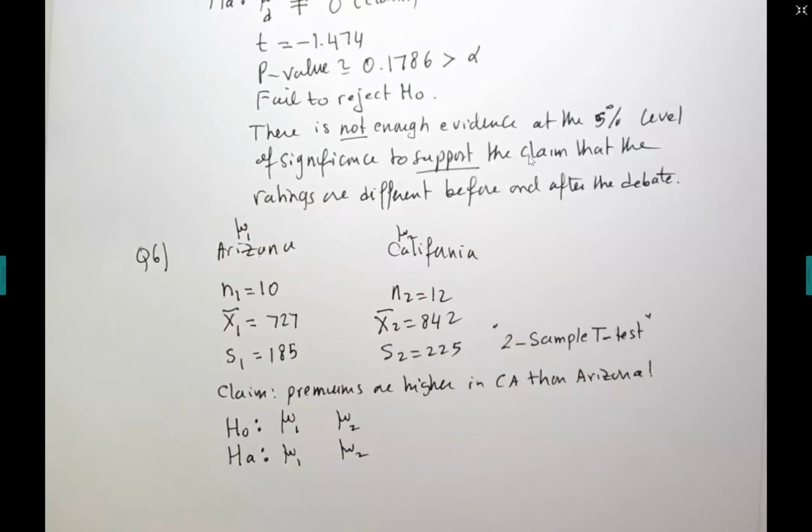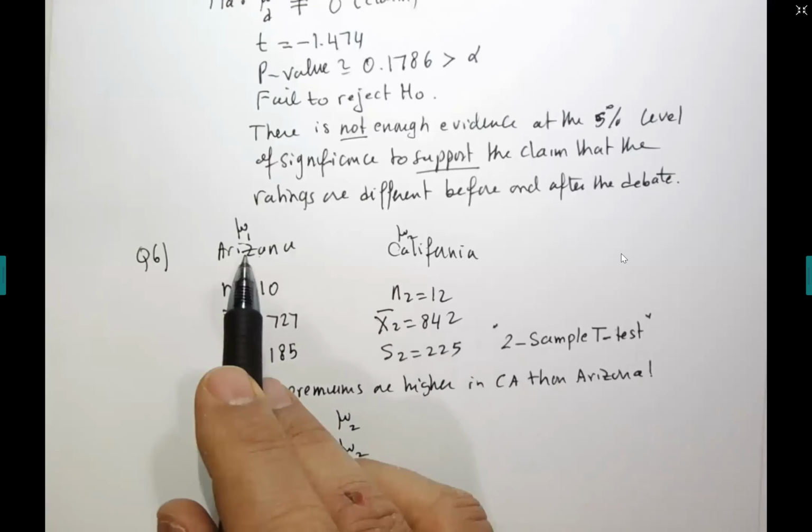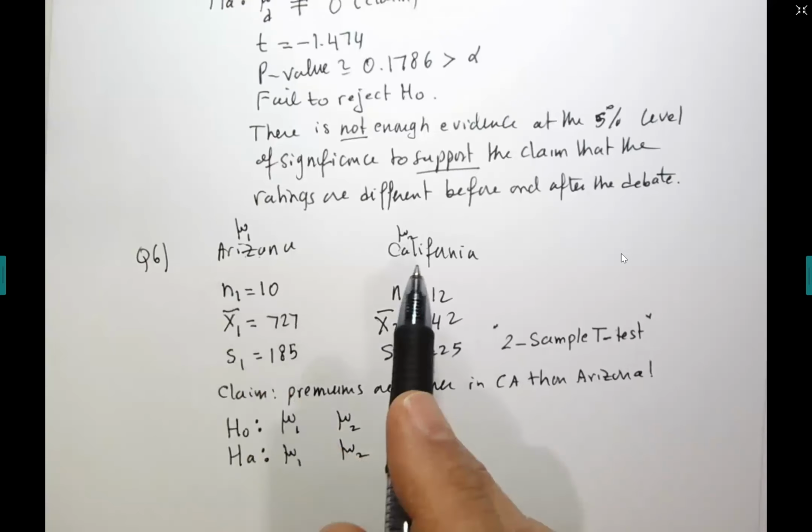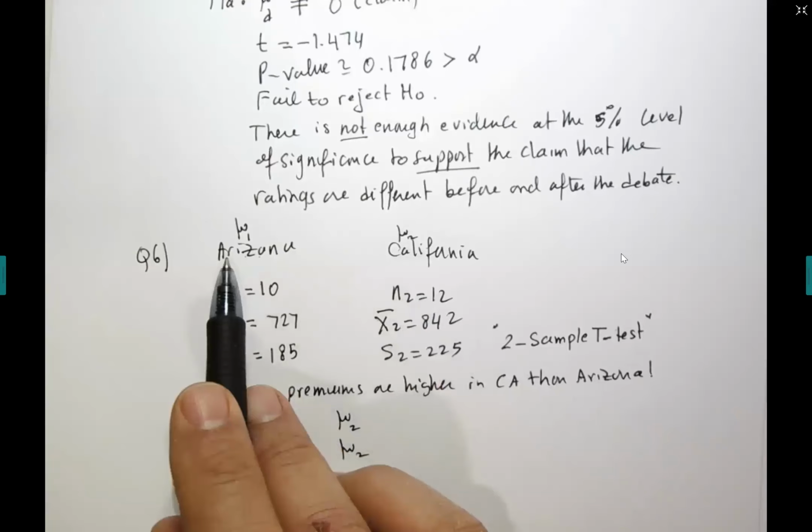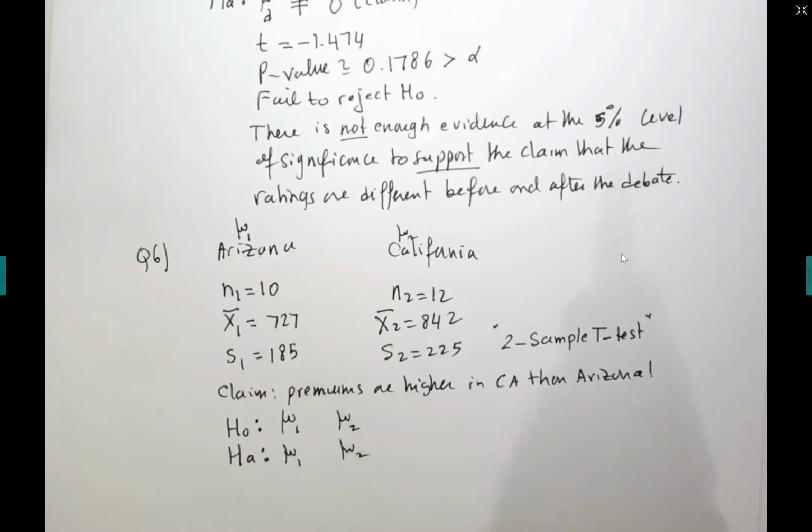Good. So I got some responses. I know, guys, you're thinking higher should be greater here. But remember, I named Arizona number 1. So if California is higher than Arizona, that means Arizona is what? Lower than California. For example, if I say I have more money than you, that means you have less money